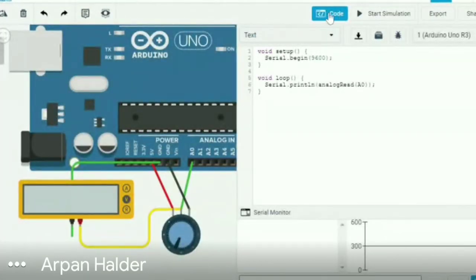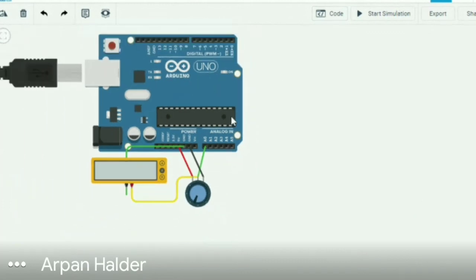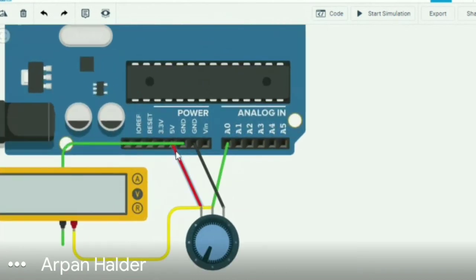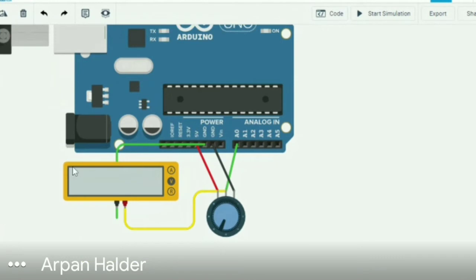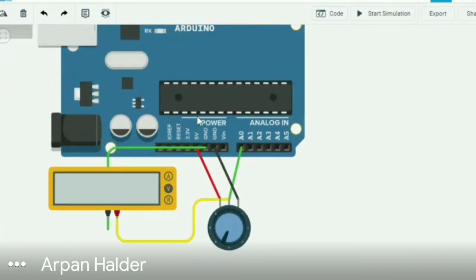So this is basically a circuit with the controller. I have just added a potentiometer here. One side of the potentiometer is at 5 volt, and the middle terminal is the variable one that I have attached to my A0 pin. In the last class we discussed that only through this pin can we read our analog voltage, or technically speaking, only with these pins is the ADC feature of this IC available. And on the side we have just added a multimeter to see the actual reading.